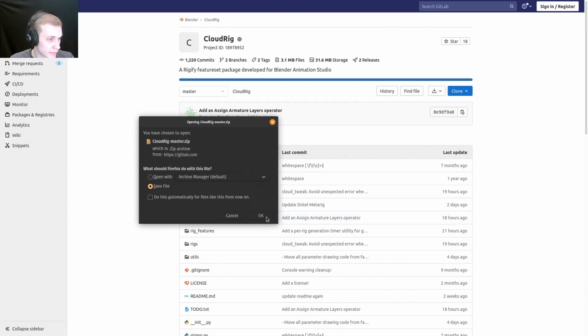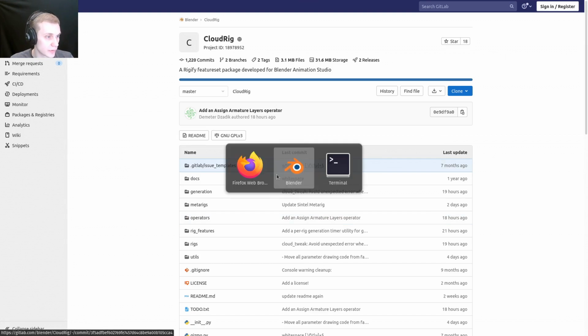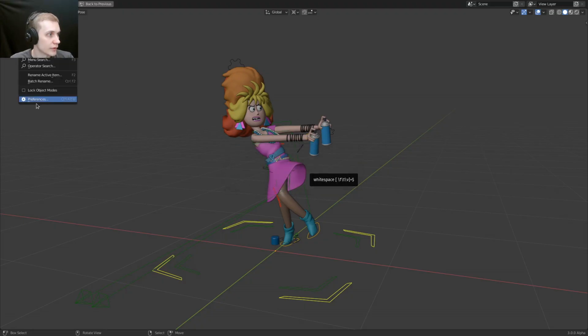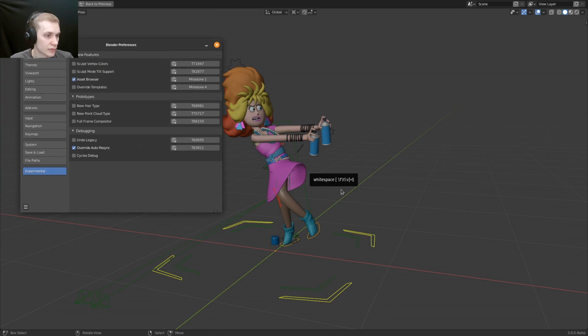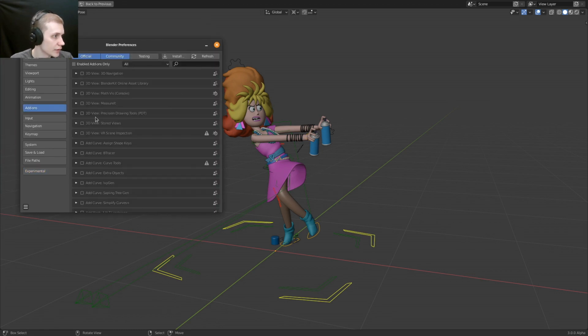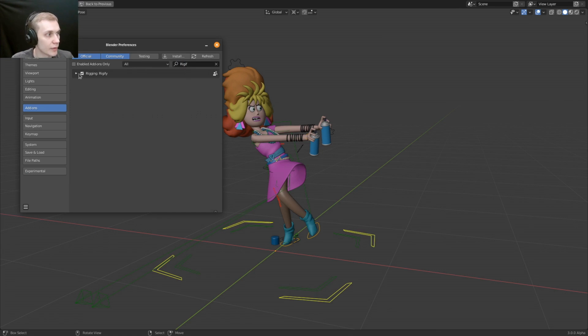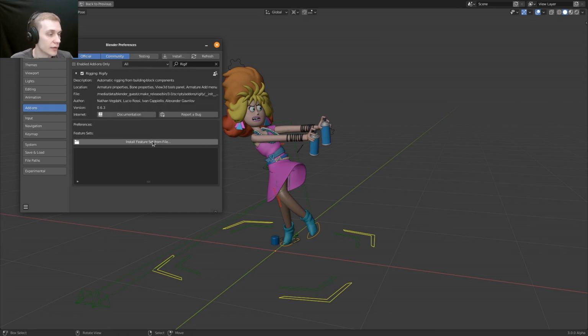So let's save the file, and then we can go back to Blender, go to Edit, Preferences, and Add-ons, and instead of installing CloudRig as an add-on, you search for Rigify, make sure it's enabled, and then within Rigify you go Install Feature Set from File,